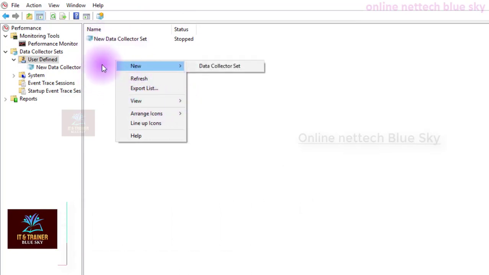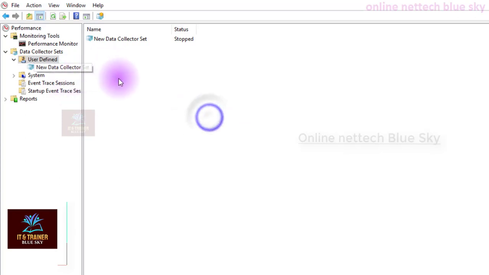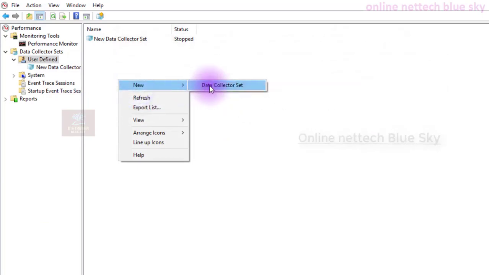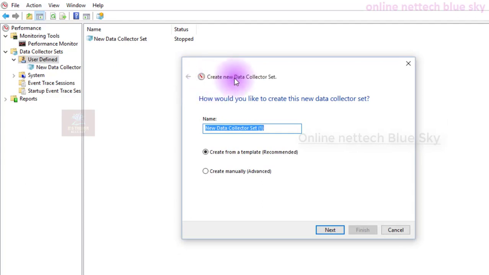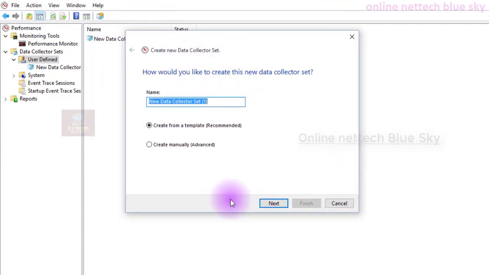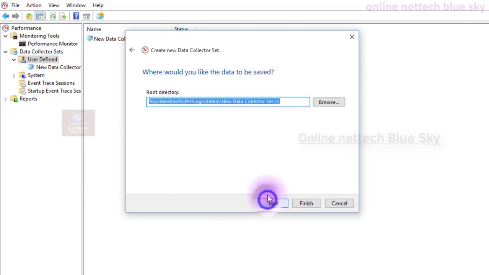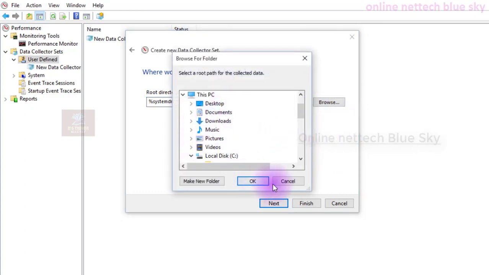So I'm again showing you a new type of, you can arrange icons, line up icons, okay. So auto arrange, automatically arrange your line, okay. So I again click new and show again a new type of data. So data collector set means you collect your data from the computer for anything you want. So click on next, you want basic, so I enter some system performance related, okay. Click on next, and this is again showing me data collector set, so you can enter any new name, or you can enter some new folder.